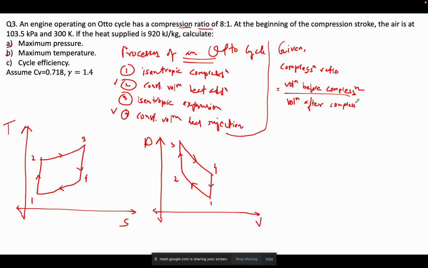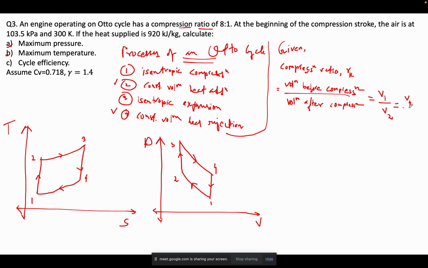Volume after compression. Okay, so what is the volume before compression? Volume before compression is V1 and volume after compression is V2. Okay, and this compression ratio is denoted as R suffix K. Now in case of Otto cycle, this compression ratio is also equal to